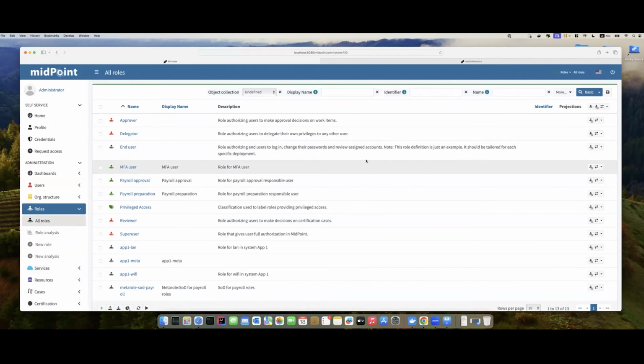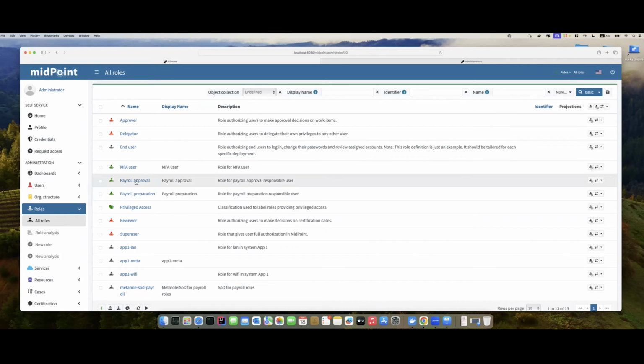For the purpose of the demonstration, we have created the MFA user role, and we have two groups for payroll approval and payroll preparation. It's natural that the people who are preparing payroll shall not be approving that payroll. So what we are expecting is that in the membership of those groups there is no overlap.